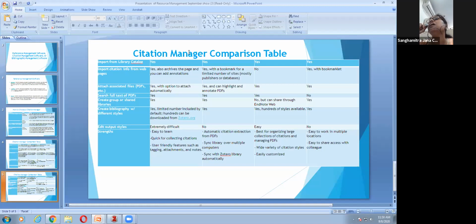Secondly, you can directly collect it from the websites. Means you can use Google Scholar, you can use Amazon and get your reference, which is not available in the other two. And thirdly, even Mendeley is available free for some portions, but what I mentioned at that point of time is that even the free version is not the full version, it has some limitations, and if you want to have all this utility available, you have to go to the next version.